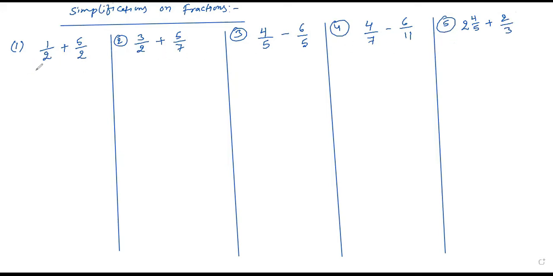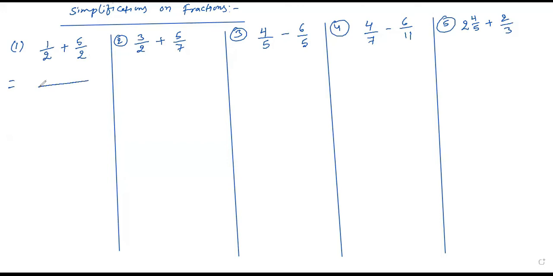Okay, so see, whenever you are going to solve any kind of sum of fractions, very first we have to see the denominators. What denominators are given? For every question from 1 to 5, just see what the denominators are for each fraction. In question number 1, both the denominators are common. This is fraction 1 and this is fraction 2. There are two fractions and they are added, but both fractions have a common denominator. So when you have a common denominator, we can directly solve the question.